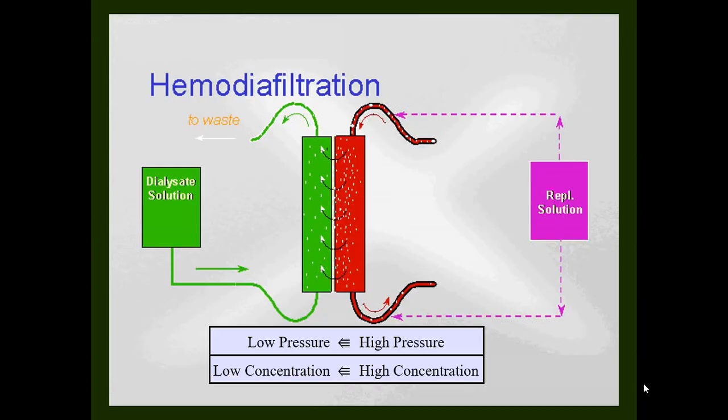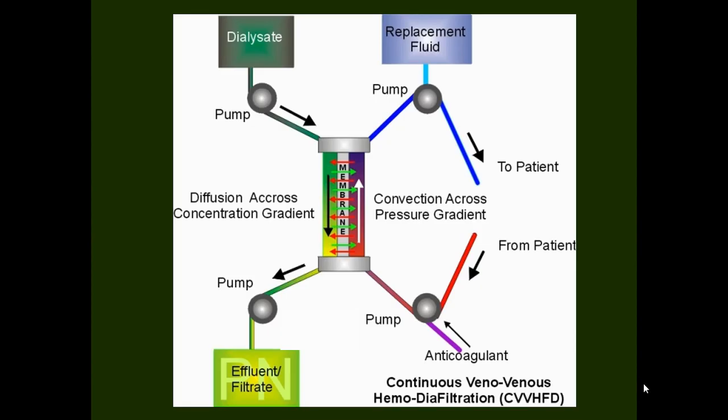So if you combine both these things, what you have is hemodiafiltration. So you are using both the techniques in hemodiafiltration. You have dialysis, your solutes are moving from higher concentration to lower concentration, and your dialysate and blood are going in opposite directions, and you are also using the benefit of convection to do hemofiltration, to remove primarily the middle molecules and the fluid. So this is a combination of everything. Here you have replacement fluid, dialysate, in opposite directions, right? And everything is getting accumulated into the effluent bag.